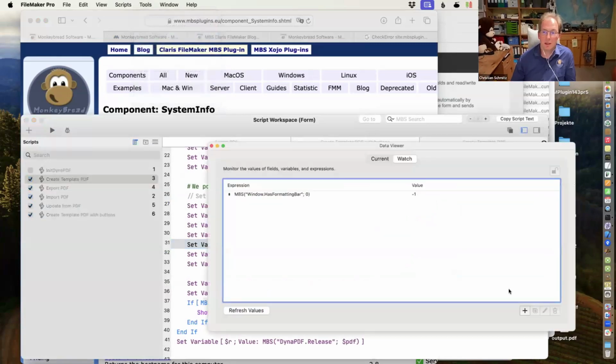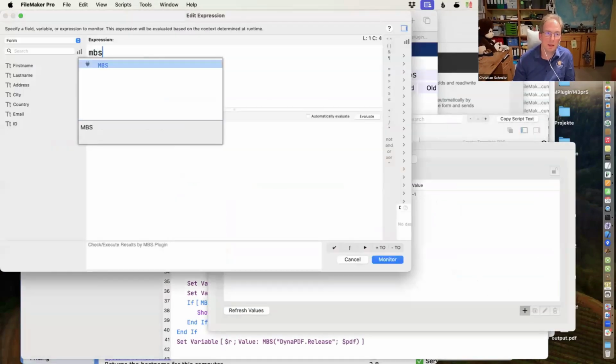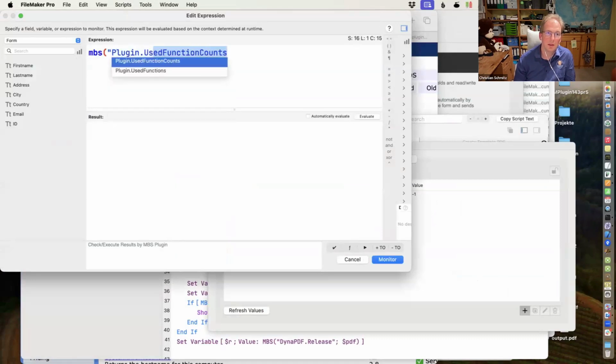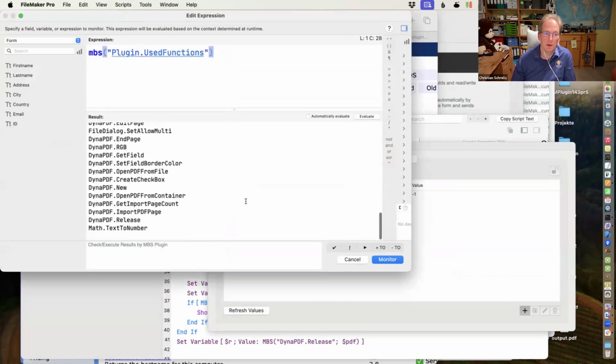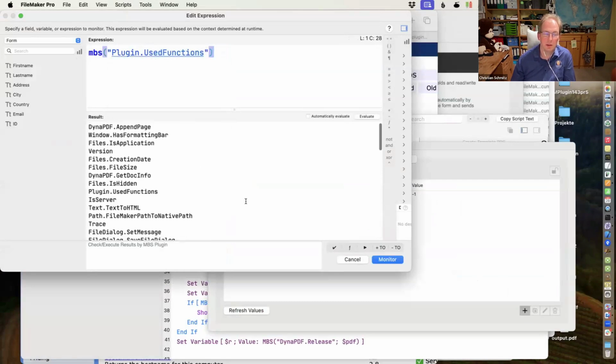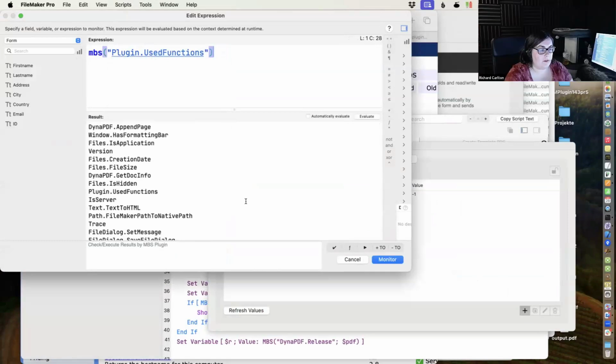Another thing is you can ask the plugin what functions you used. That's something I like to use. So you can get the list of the MBS functions you're using. Oh, that's nifty.